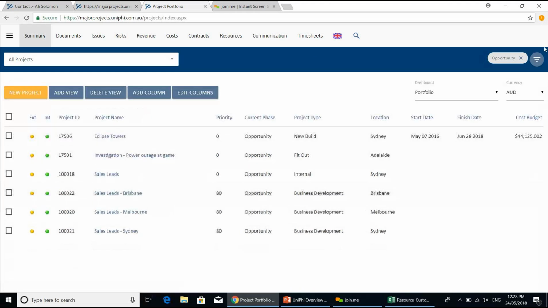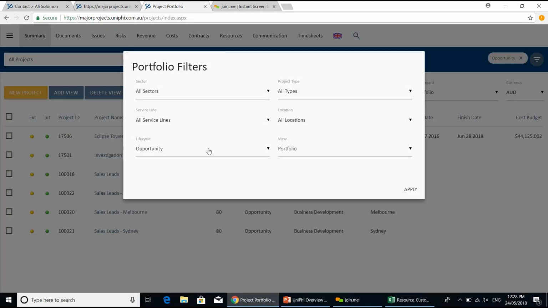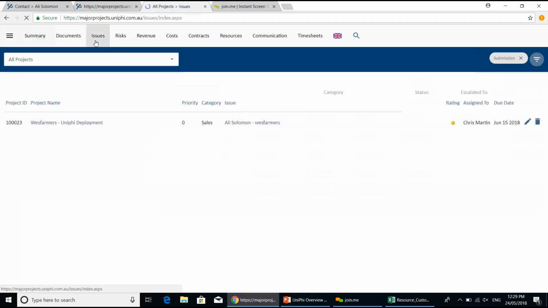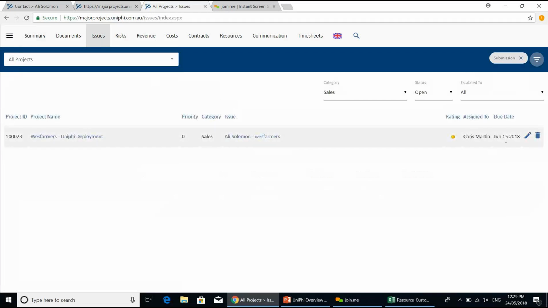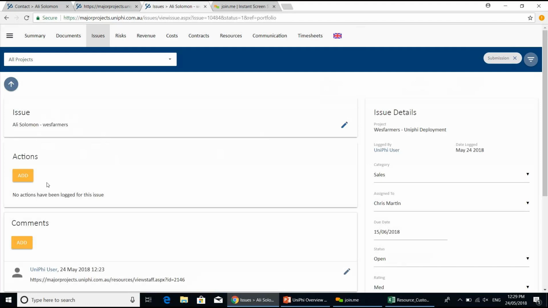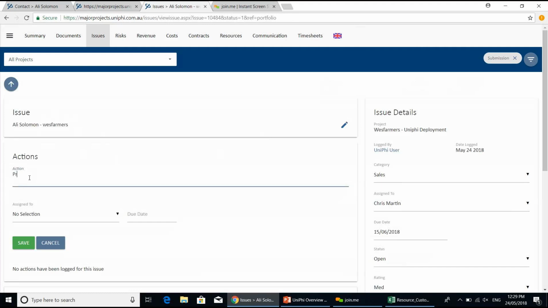And so now they're not in the list because my filter chip here is still opportunity. But if I change that to submission, we'll see our Wesfarmers project again. And we've got 4 projects at the submission stage in this fictitious organization. Once you're in submission, what you might do again is update the action, which would lead to the due date as well, for this issue that's lived its life right from the beginning as a sales lead, as being proposal